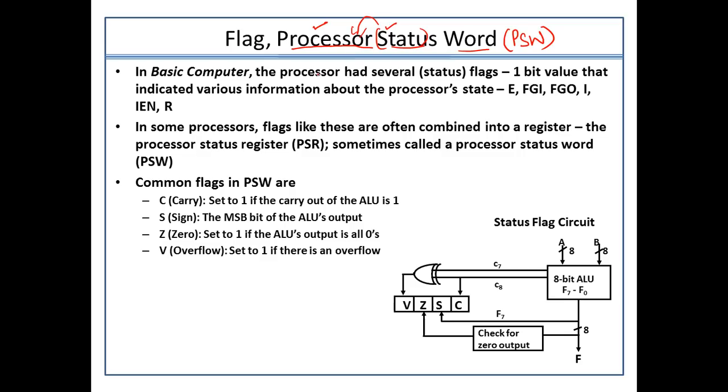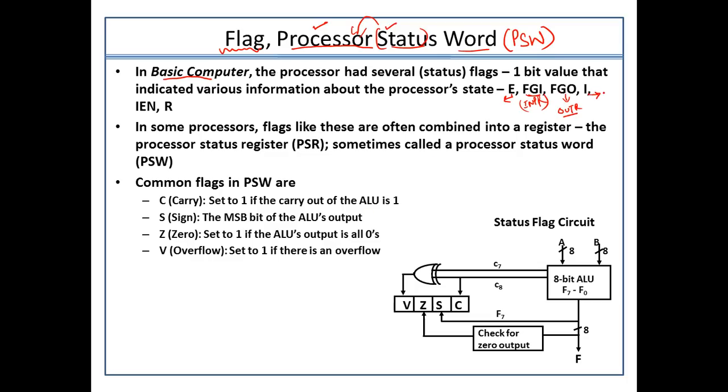So this is what the meaning of the term. Now, before that, let me talk something about these flags also. If you remember, in the basic computer, we have used a lot of flags. Like there was an E flag for storing the carry bits. There is the FGI input flag, which was responsible for telling me the status of the input register. FGO is there for depicting the status of the output register.